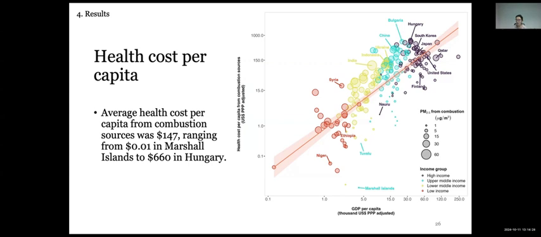This is largely driven by the higher value of life in higher income countries. I want to emphasize that the higher value of life in higher income countries does not mean that we devalue the lives in lower income countries. Instead, we wanted to make sure that the health costs reveal their preferences in lower income countries. For example, if we use the value of life for the United States to estimate the health cost in Syria,